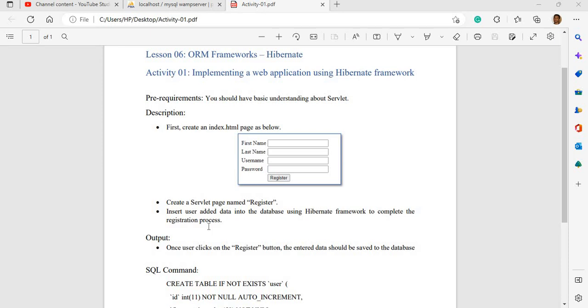Hi all, in this activity we are going to see how to configure the Hibernate framework to save some data to the database. So here we are going to implement a small web application. This is the application we used in several activities now. We are going to use this application and then use the Hibernate framework to save this data